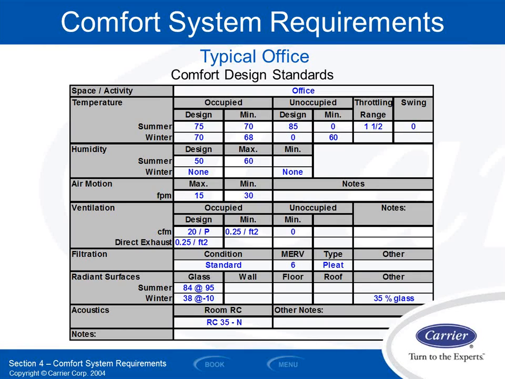Unoccupied time is interesting. I don't need to size the equipment for the unoccupied time typically because it's going to be relaxed set points from when the occupants are there. But it's kind of nice to have on my design sheets what I want from the get-go. So this is showing 85 and 60. Me personally, I default to 80 and 65, meaning that in the summertime, your set point is 75, and I bump you back to 80 at nighttime. And in the wintertime, your set point is 70, and I bump you back to 65 at nighttime, basically 5-degree